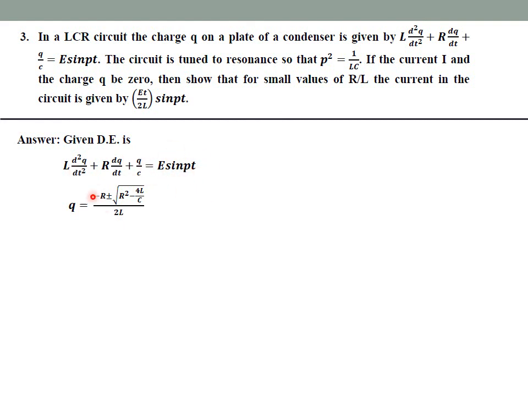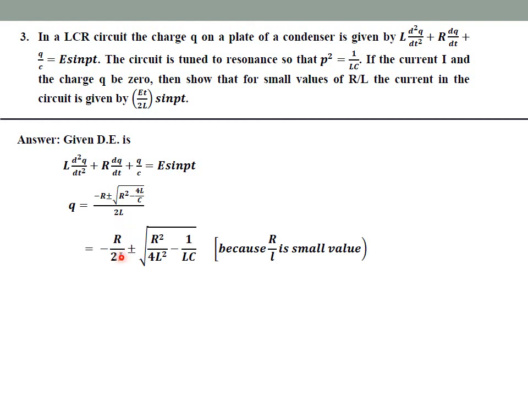Now here they have not given me the values of L, C and R. We have to keep that equation as it is and we have to find the solution, correct? So how to get the QC? For that we have to apply the formula minus b plus or minus root of b square minus 4ac divided by 2a. So minus r plus or minus root of r square minus 4 times L times 1 by c, divided by 2 into L. Proper? Yes. Observe my next step.